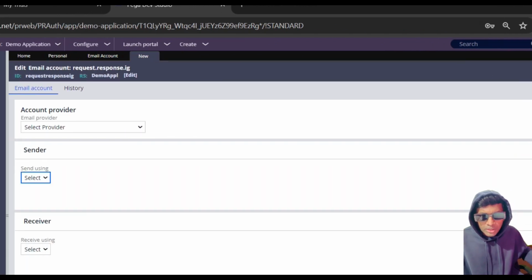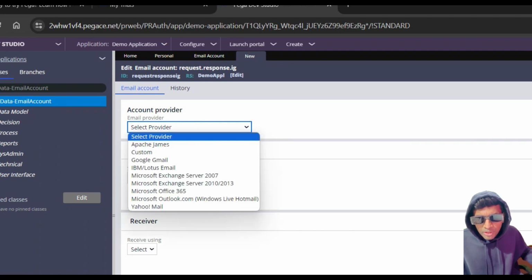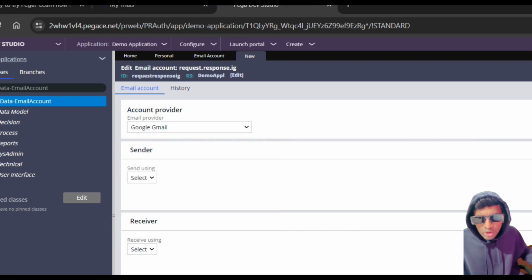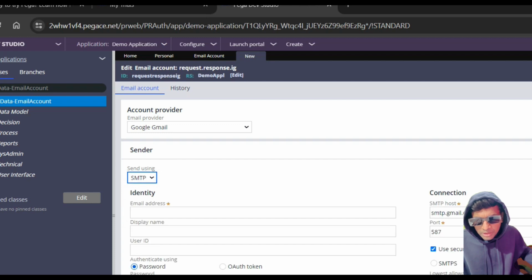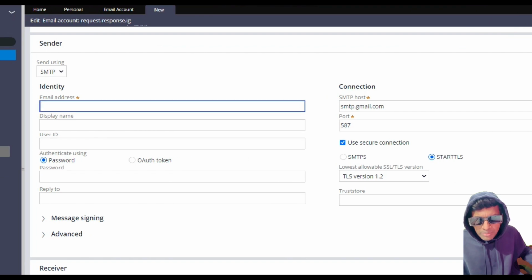Now if you come over here, it gives an option to select the email provider, right? We're going to select Gmail because my account is in Gmail. Now coming to the other part, it says send using, and there is an option called SMTP. So I select this, and as soon as I select this, it opens up a form, right? Here I have to write the email address. So I will write my email address, which is